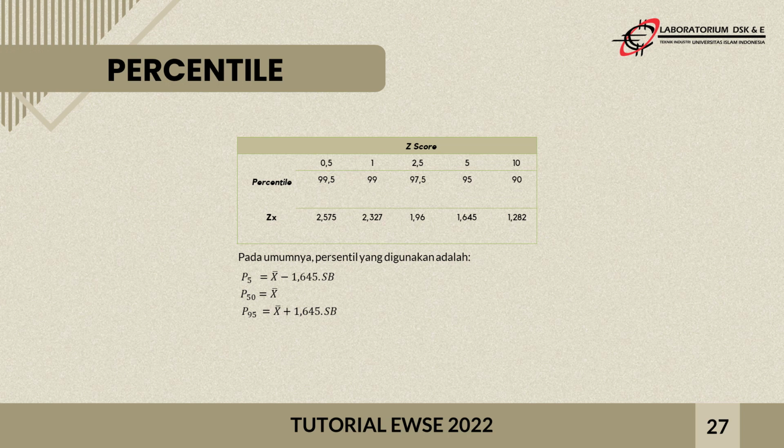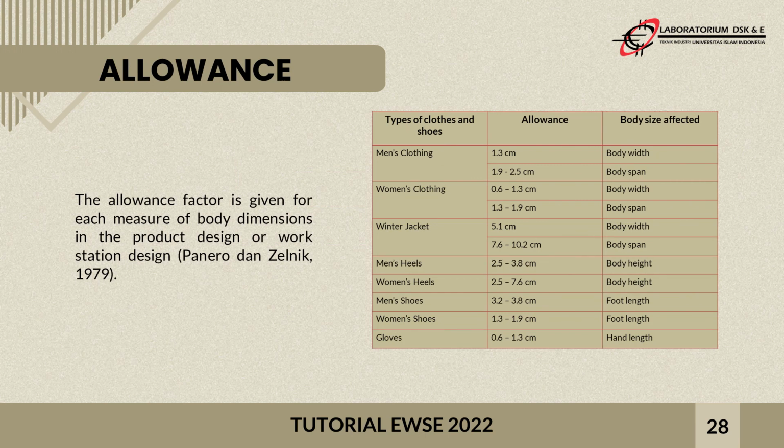The second, percentile 50, is derived from the data we've got. And the last one is percentile 95. For percentile 95, the formula is equal to percentile 5, the only difference being that for percentile 95 the mean is summed with 1.645 times the standard deviation.